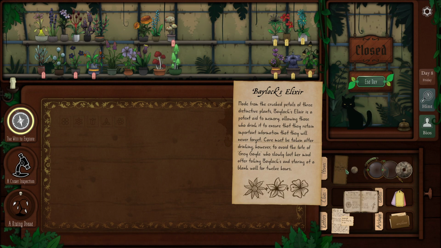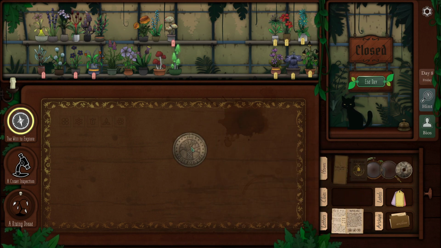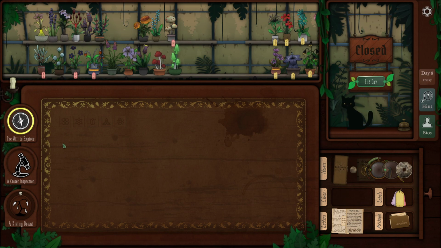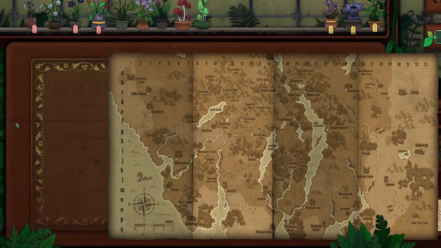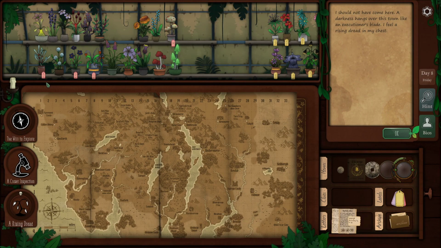Alright, so we don't even have a machine to make an elixir yet. So we have this coin. I'm guessing somebody's going to want this coin. Now, it does say Gosforth on it. Have we been to Gosforth yet? I know that there is a city named Gosforth. It's up here. If I go to Gosforth...